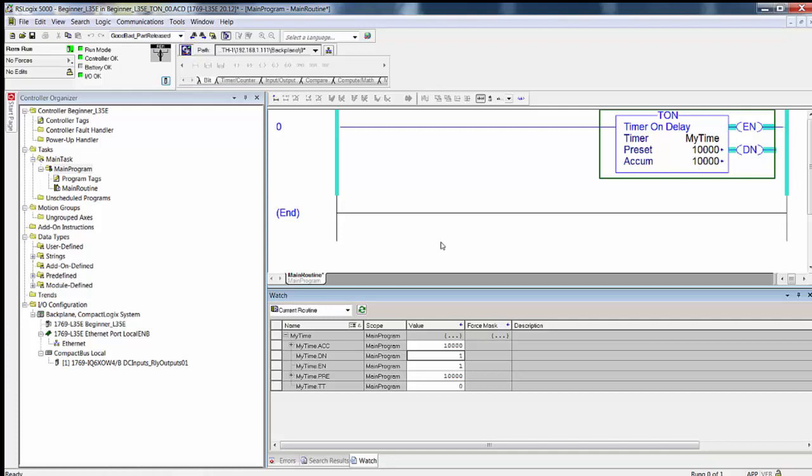How long did the timer timing bit stay on? 10,000 one-thousandths of a second. Was the timer timing bit on before you cycled the mode? No. Was it on after the timer data type had accumulated to a value equal to the preset? No. Now these may seem like simple questions,